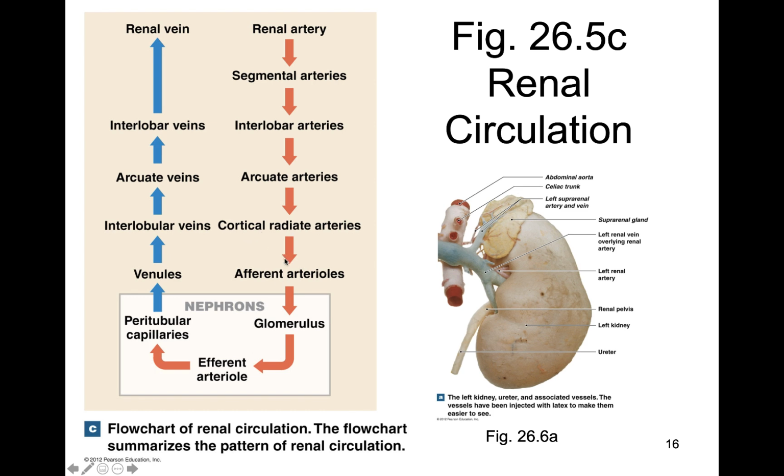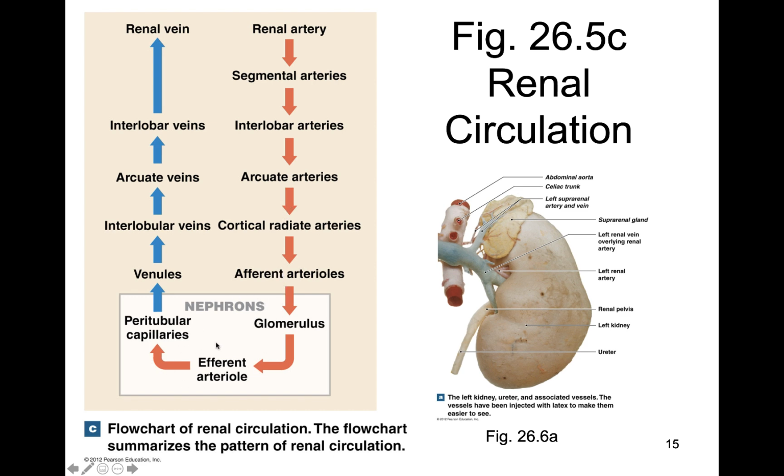Before it enters the nephron, it has another name that's called afferent arteriole. So it's going to branch into smaller arteries, and when we have arteries that are branching into smaller arteries, we call them arteriole. So this is called afferent arteriole. And then we have the nephron. So the blood, it's coming in, it's high in waste products. It's going to come in through renal artery, go through all these arteries and vessels, and